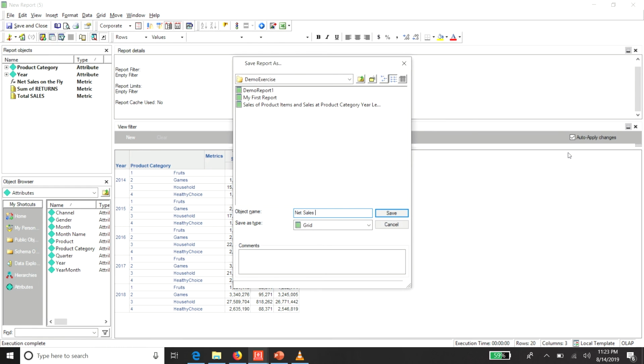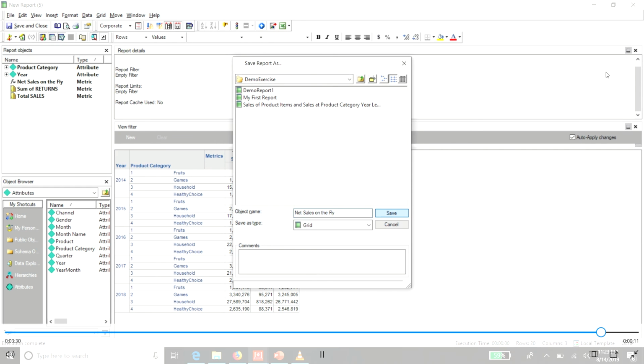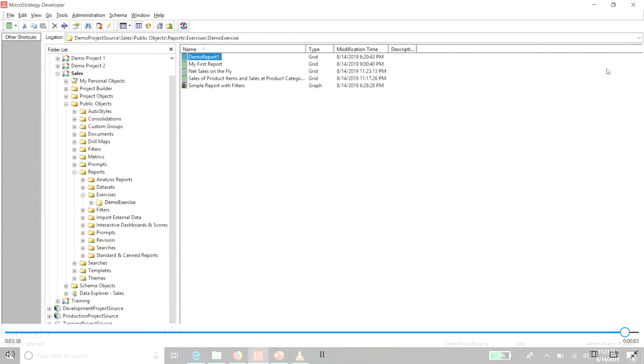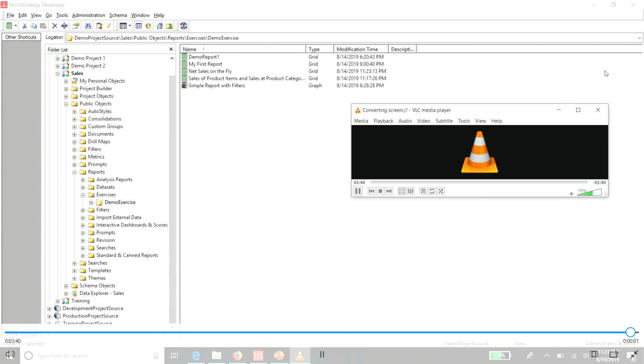So this is your derived metric. Once you define a derived metric, and if you change the structure of the report by adding new objects, MicroStrategy automatically does the calculation. Basically, it does the rest, and you have your data ready. So now you have to just save it and close it, and that's it. Your net sales on